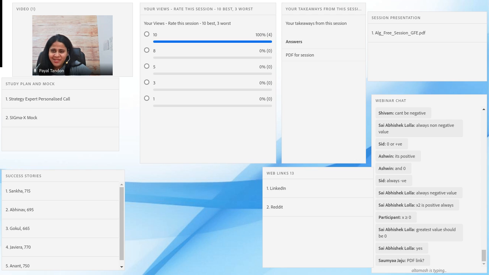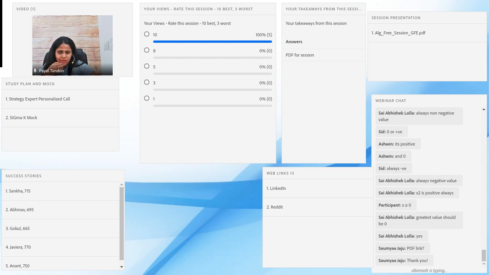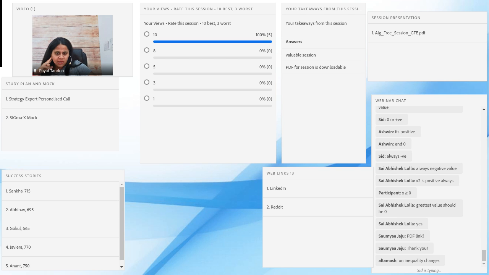So I would definitely want to get more inputs from you with regards to what you've learned. And I know that there were, so Altamash, I think you were the one who wanted more clarity on this thing, right? How to do the processing of one of the equations. All right, on inequality changes. Okay, so let me go back and